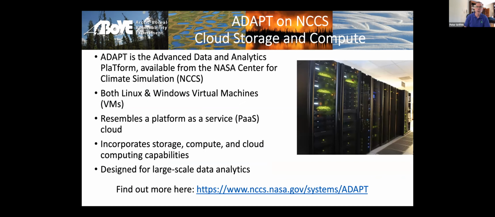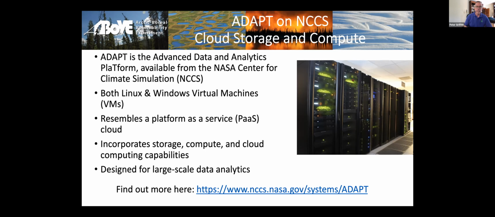It is at the Goddard Center for Climate Simulation, and it allows us to provision 1 to hundreds of Linux machines and 1 to dozens of Windows virtual machines that are built to specification for investigators with the code and the software that they need.